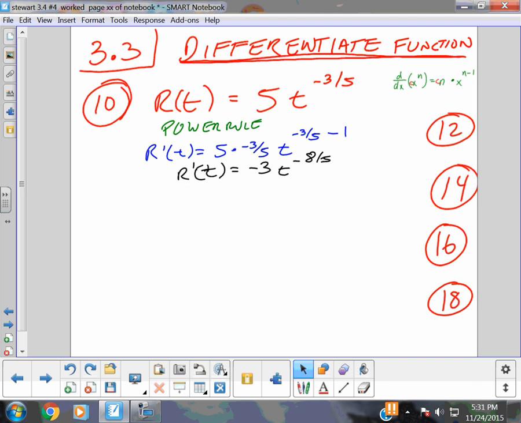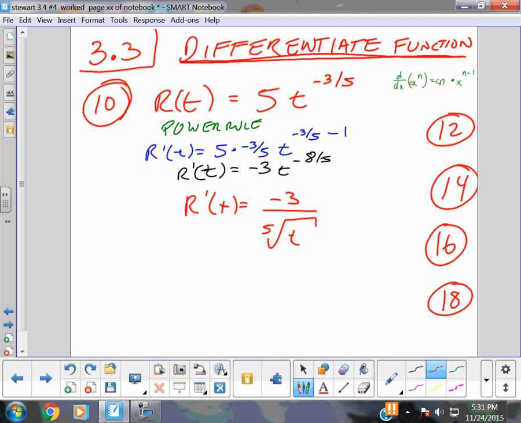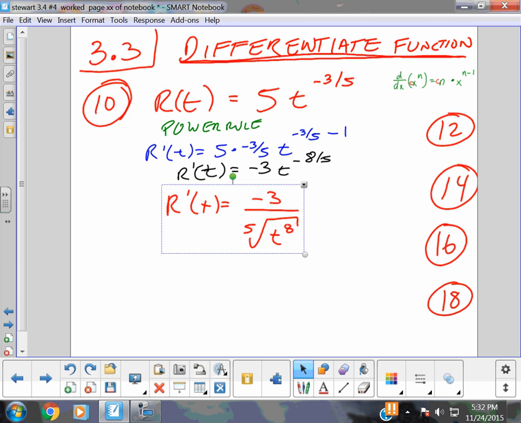And again, that is because, and again, it might very well show it this way also, the 5th root of t to the 8th. Both of these are equivalent. All right, depends if you leave it in fractional exponents or radical notation. All right,